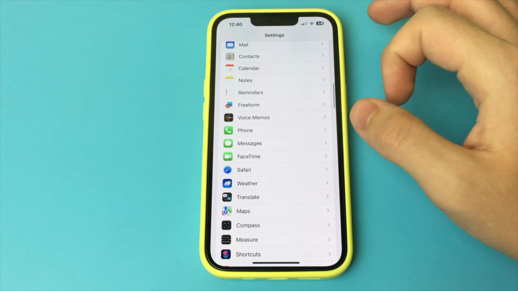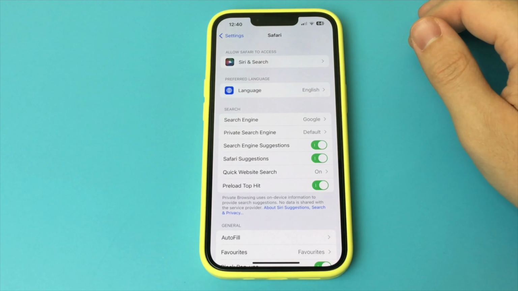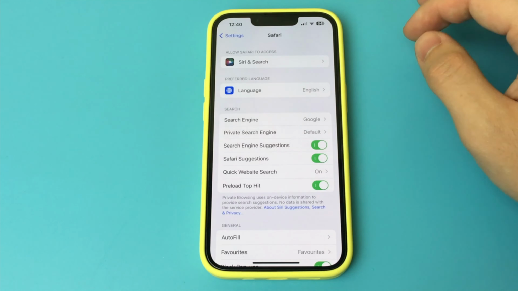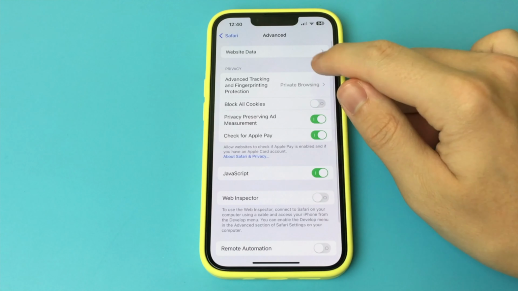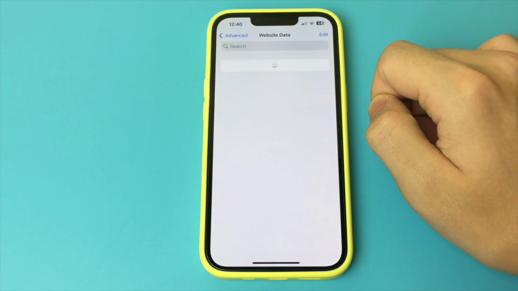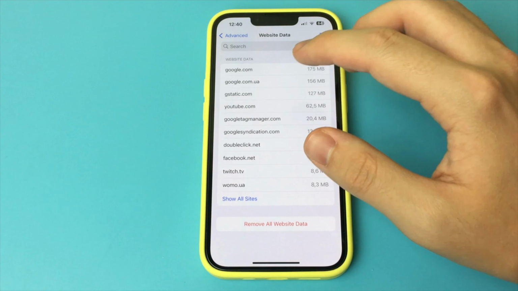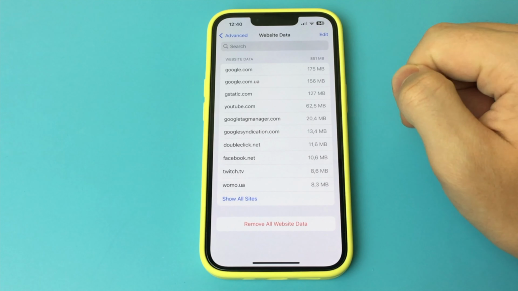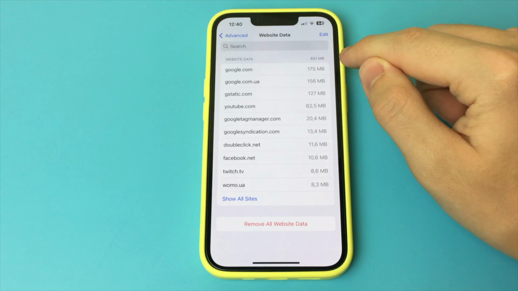You go into the settings of your iPhone. Go a little lower and find the list of applications installed on our iPhone. And if you're using the Safari app, this method of cleaning will work for you. This app accumulates a lot of garbage and cache, and it's worth clearing. So you click on that. Go down and click Clear History and Website Data, or you can click Advanced. Click Website Data where we see a list of sites and you can delete it all.